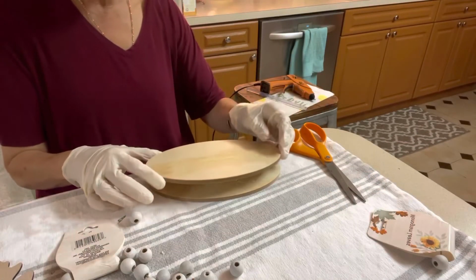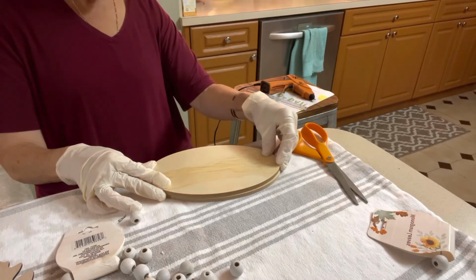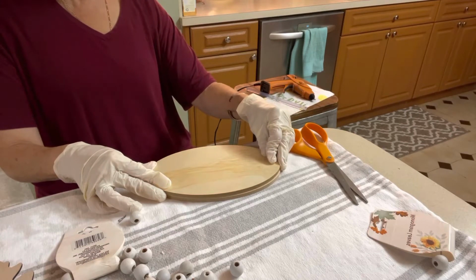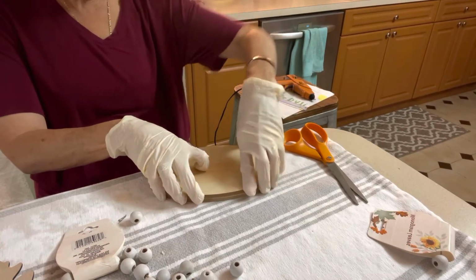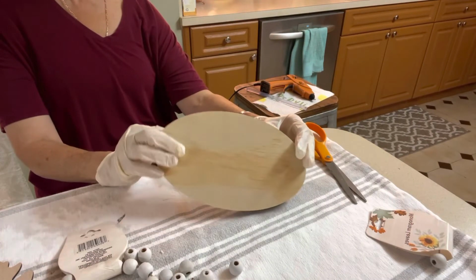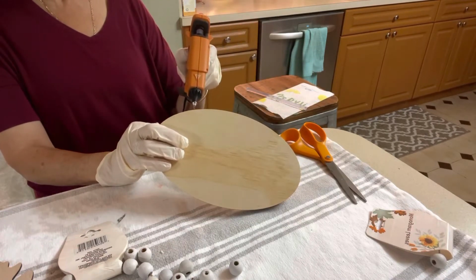Next, I'm going to get the 2 oval pieces of wood and hot glue those together. I'm going to place the glue toward the center of the piece of wood so it doesn't spill over. I'm going to press down on it for a few minutes to let the glue set and dry. Once I see that the glue has set and the 2 pieces of wood are pretty tight,